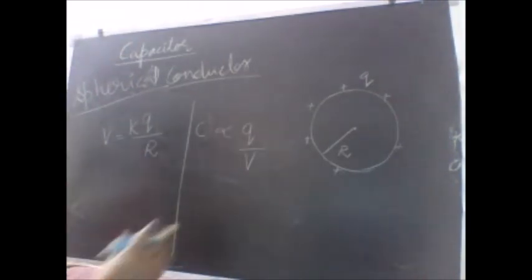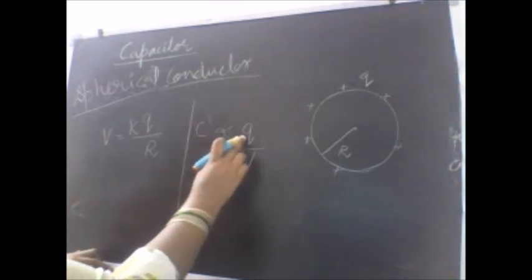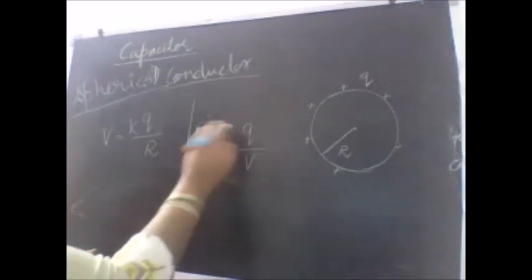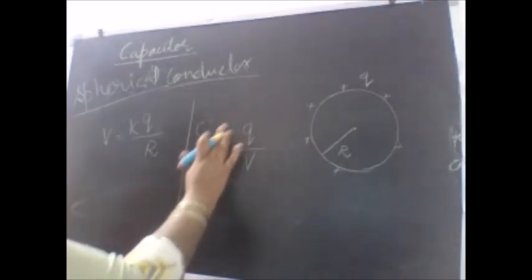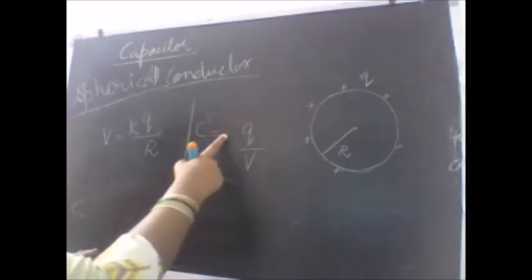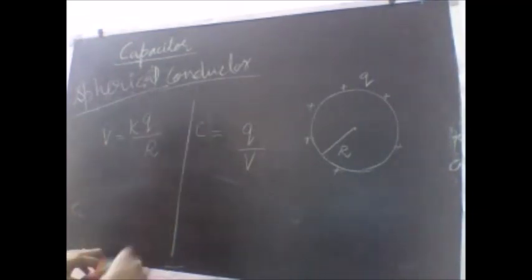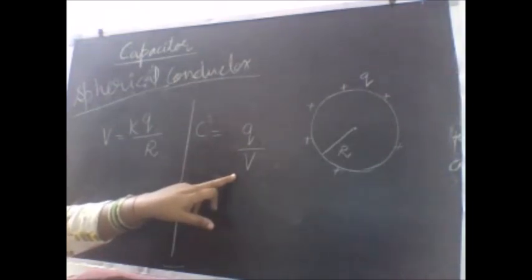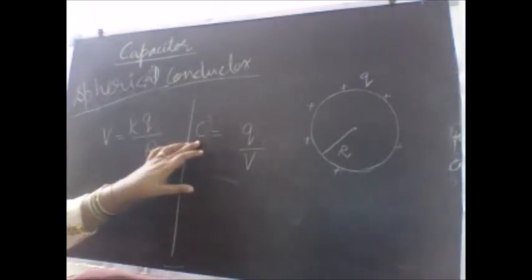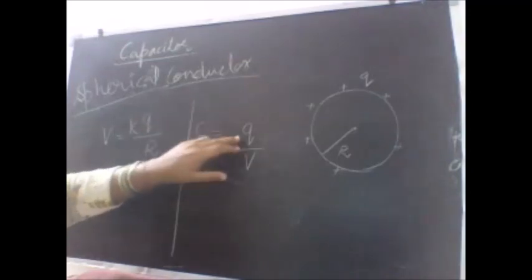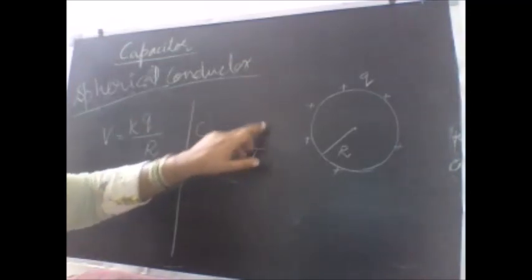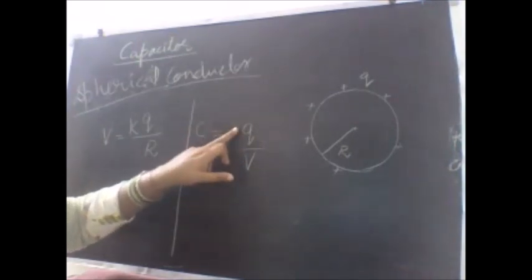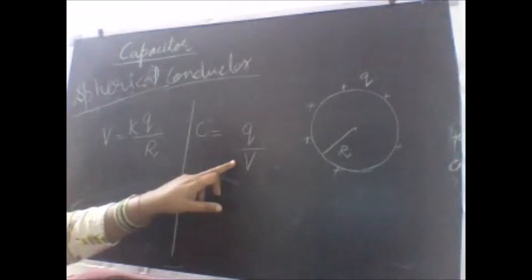So I say that capacitance is directly proportional to charge and inversely proportional to the potential. If I remove the proportionality constant, I have to put an equal sign and some constant K. The experimental value of that K is 1. So the formula comes out to be C is equal to Q by V. And if I want to define capacitance from here, I will define that C is the amount of charge deposited at a unit voltage. So it is the amount of charge deposited when the voltage is kept constant at 1 volt.